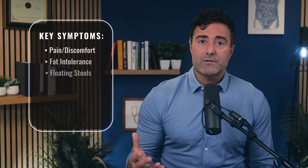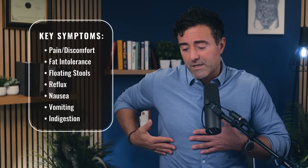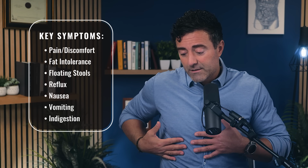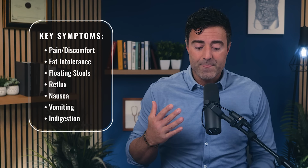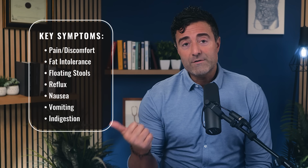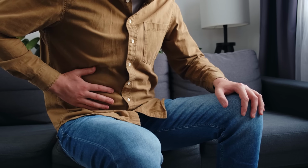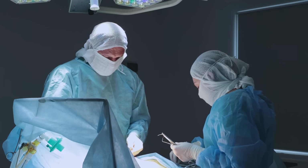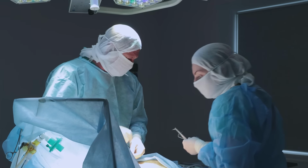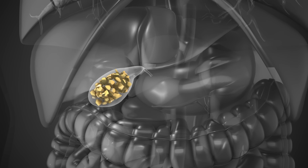gallstone formation. Some of the symptoms of gallstones and gallbladder sludge include pain or discomfort that's mainly consolidated to the upper central or upper right quadrant of your digestive tract, so on your side. Fat intolerance, floating stools, reflux, nausea, vomiting, and indigestion. These are all symptoms that risk eventual gallbladder removal, and also that there are currently stones or sludge present or